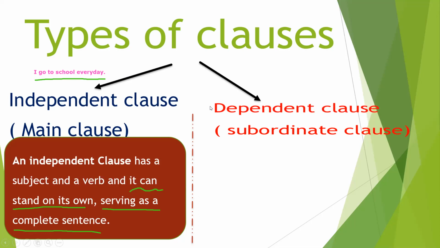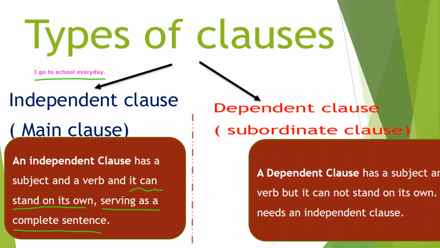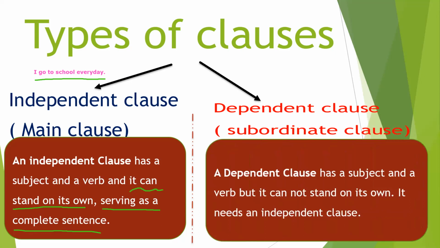What are dependent clauses or subordinate clauses? They are also clauses, which we agreed before, must have a subject and a verb, but that's the difference. It cannot stand on its own, it can't stand alone, and it needs an independent clause. It does not give any complete thought on its own. Example,